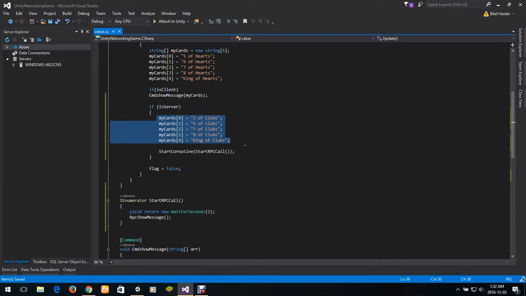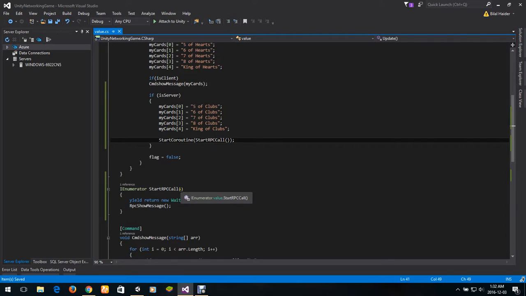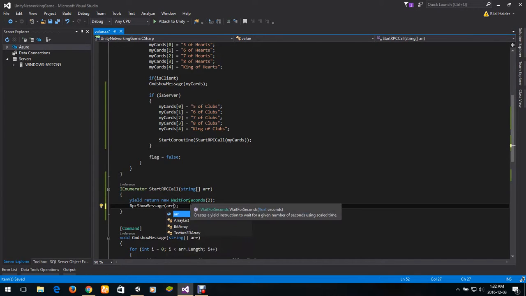So let's change our coroutine a little bit, and let's pass my cards in here. Copy that. All right, so we are passing cards to our coroutine, and from there we'll pass those cards to our RPC function,